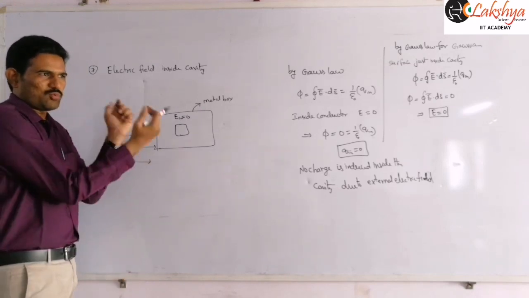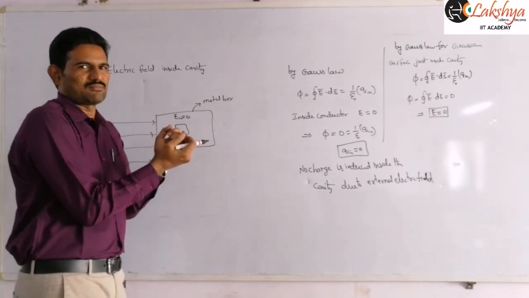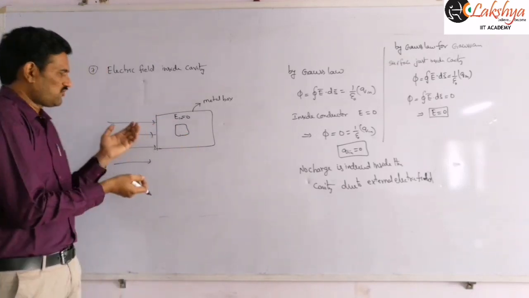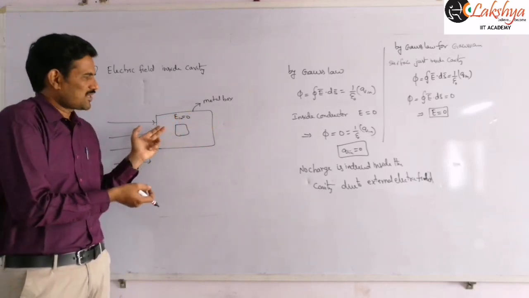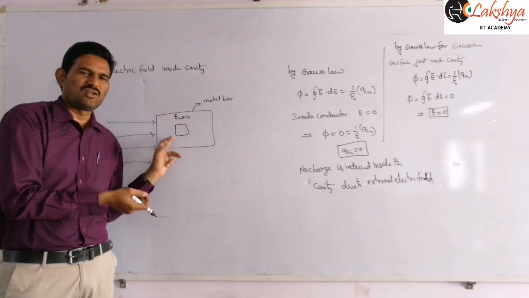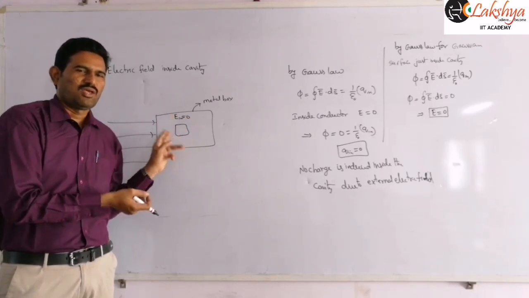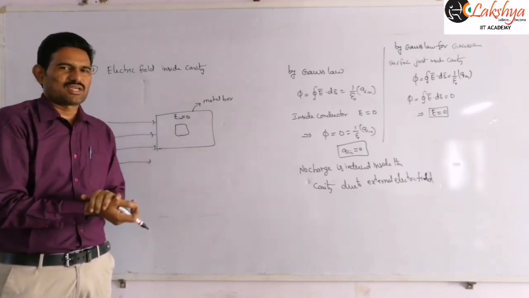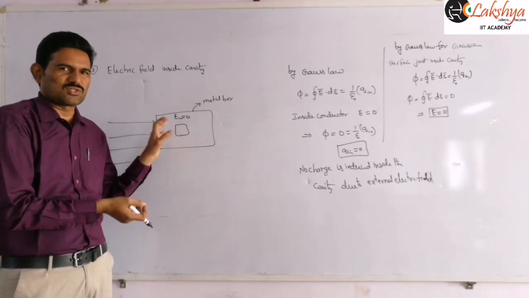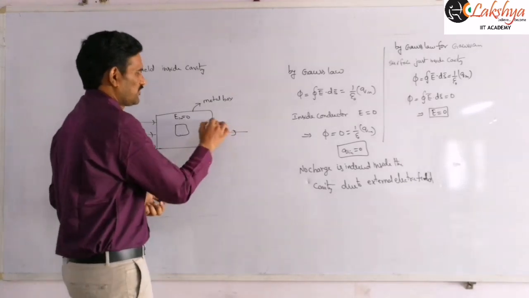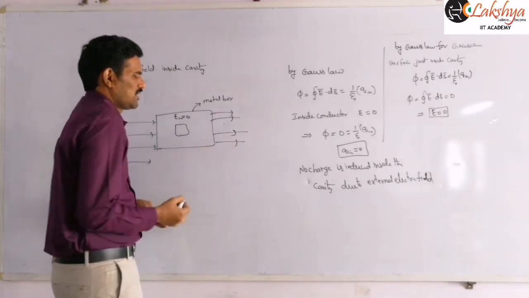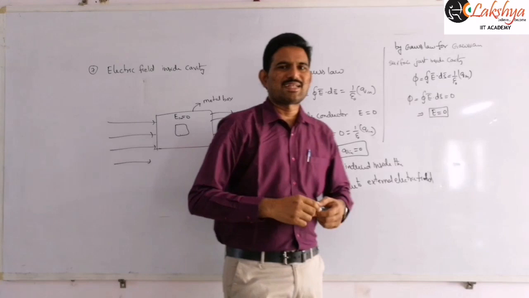Inside, the metal box will behave like a cavity. So the external field cannot penetrate through the metal box, and so it cannot be present inside. No field will be present inside this metal box, and so there is no effect of that external field on any device which you are placing inside. Only the field will be present outside this box, and that is what we call electrostatic shielding.